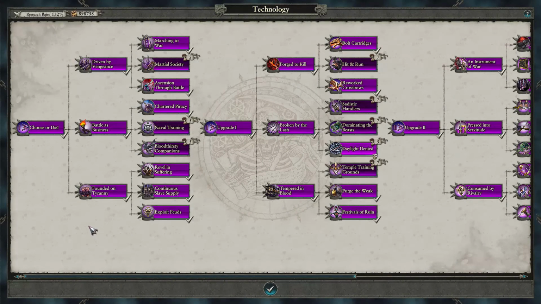Each tier is divided into 3 sections. The first section of each tier, for example Choose or Die and the upgrades, unlocks the second section, and each of these technologies unlocks a further 3 technologies as part of the third section. The first section of the first tier, Choose or Die, is unlocked automatically. To unlock the first section of further tiers, distinguished with the word Upgrade, you need to complete the second section of the previous tier. In other words, to unlock Upgrade 1, I must research Driven by Vengeance, Battle as Business,